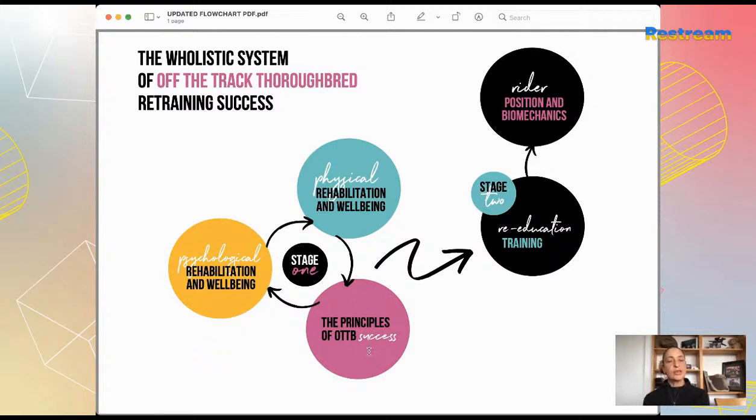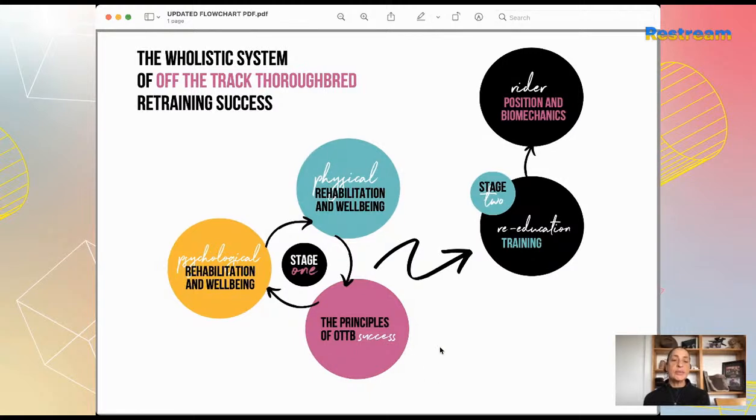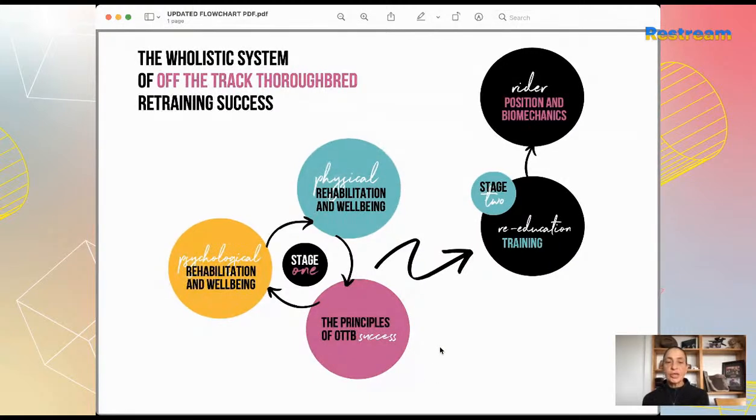And down here on our third circle, the pink one, is what I call principles of OTTB success. So that is some equitation science principles that I go into. I won't share them today because that will go for quite a long while. I can share that in another live, but there's a set of principles that I recommend following in all aspects